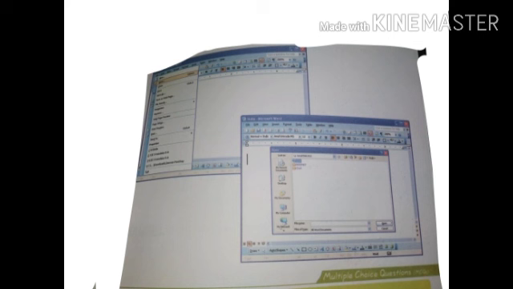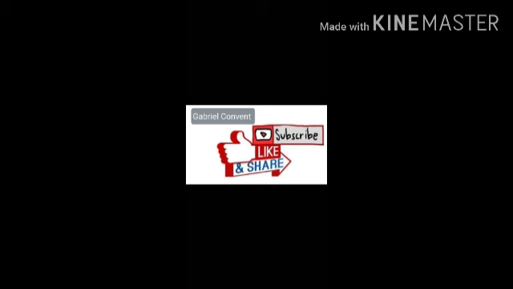Paragraph formatting. A paragraph is one of the basic units of a document. Every time you press the Enter key while typing, you are creating a new paragraph. Each paragraph in a Word document can be formatted. Paragraph alignment. Paragraph alignment determines how text is positioned between the left and right indents. Word provides 4 types of paragraph alignments. Align left, CTRL plus L. Center, CTRL plus E. Align right, CTRL plus R. Justify, CTRL plus J.